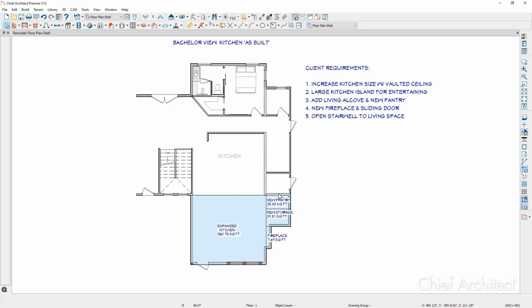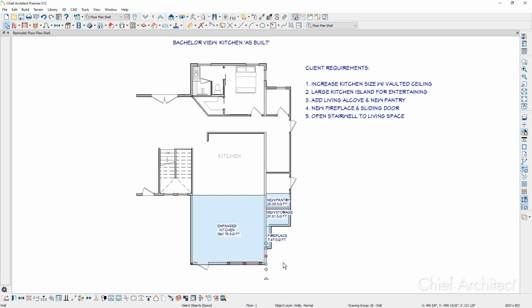I'm going to take this pantry wall, pull it down so that we have a larger pantry, and then I'm going to also take the wall that's on the inside of the kitchen, go ahead and pull that back until it aligns. And again, I might use that alignment tool to make sure that it snaps exactly where it is. Now I'm ready to place my dimensions.